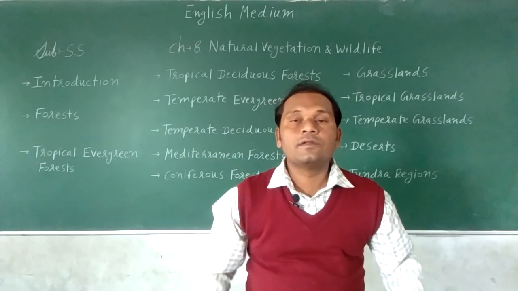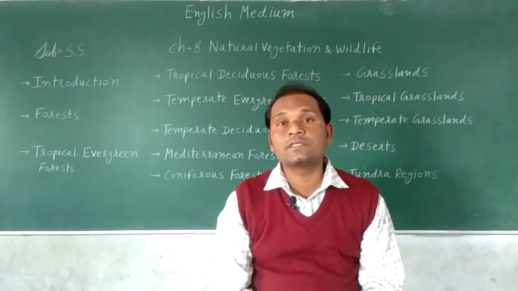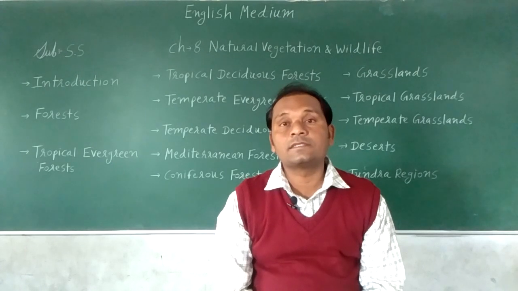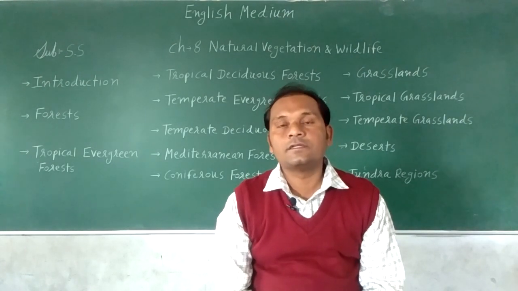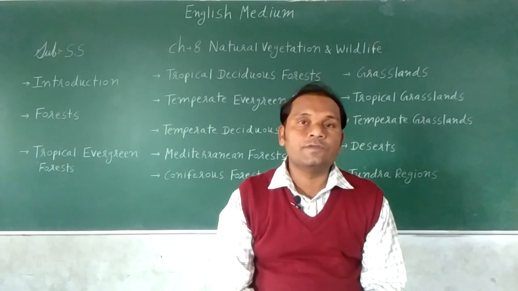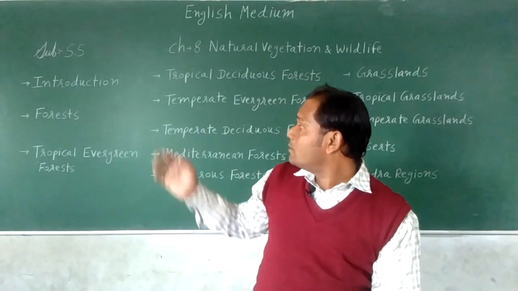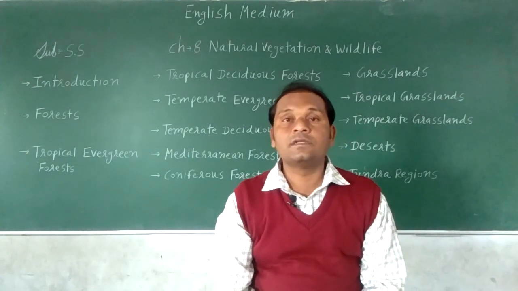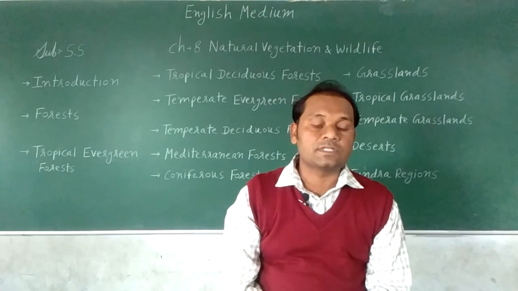Natural vegetation is divided into forests, grasslands, deserts, and tundra regions. We have already seen the tropical forest, and now we'll see